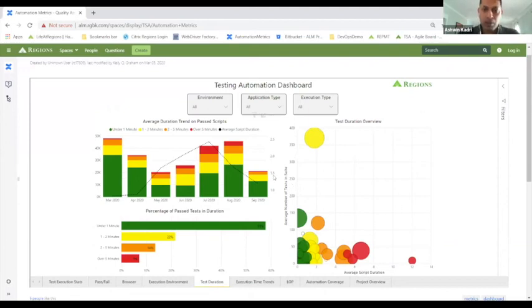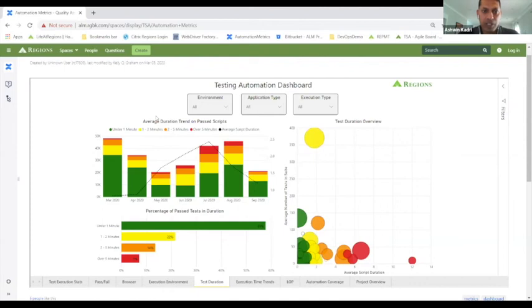What we want to do is make sure that the teams write short and focused tests, right? So we want to see a lot of tests that can run under a minute. Here we are seeing a healthy trend, 58% of the tests run under a minute, and then a decreasing trend for 1 to 2 minutes, 2 to 5 minutes, and then over 5 minutes, right? At the top, we see a trend line month on month. Month on month, we typically want to see the green bars increase in size, and the dotted black line, which is the average script duration, come down. That's a trend that we'd want to see.